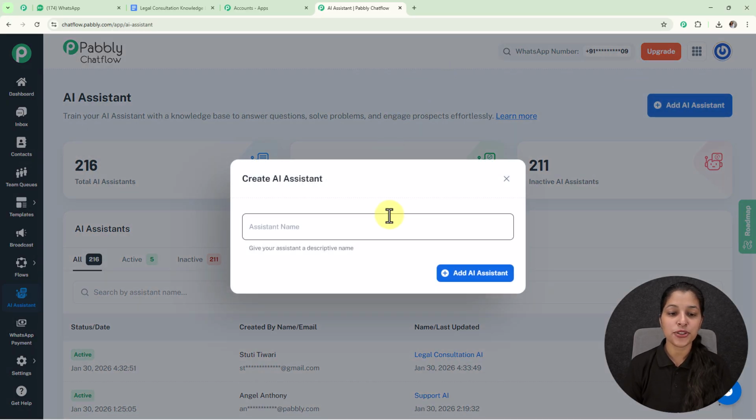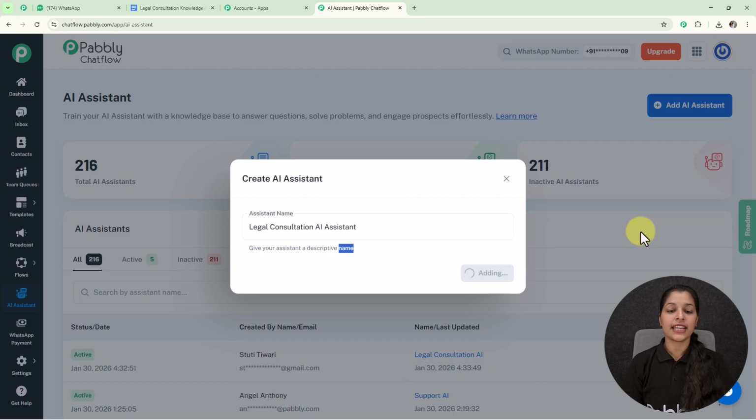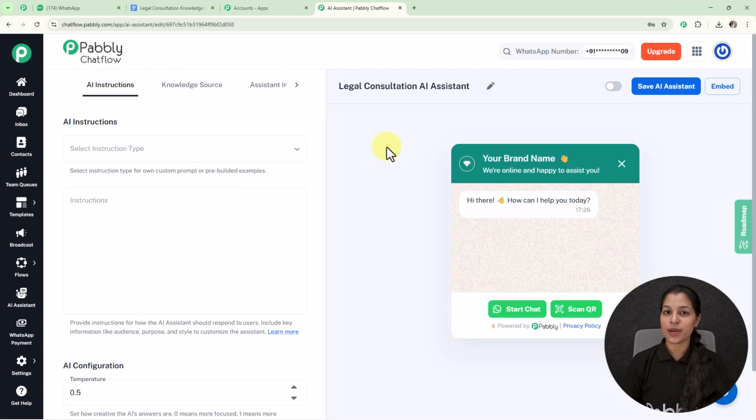and here I am going to provide the assistant name as legal consultation AI assistant. So now let's provide it. So here I have provided the name. Now let's click over this add AI assistant button, and here I am landed to my AI assistant page